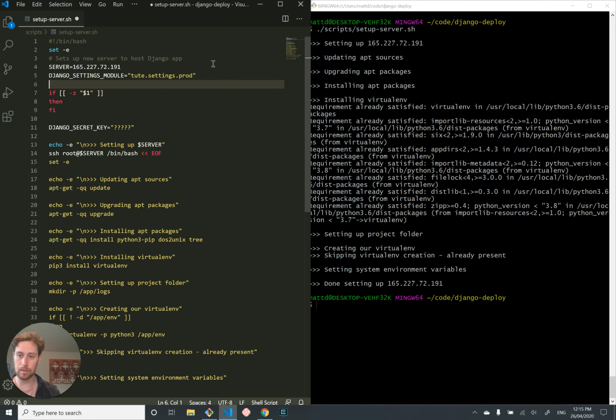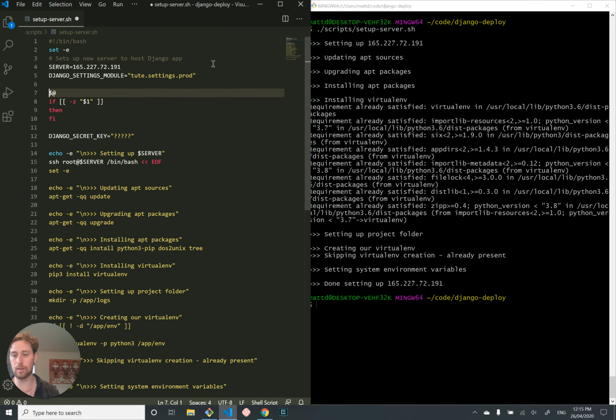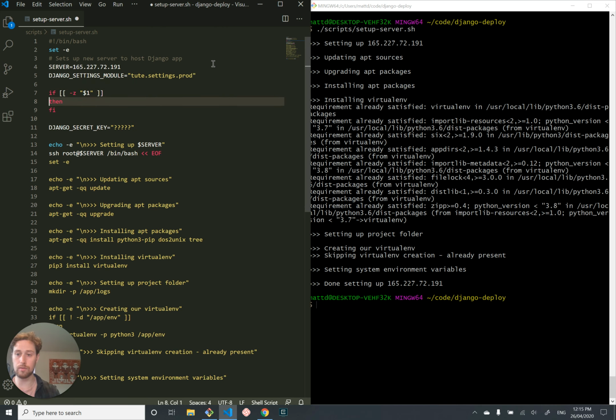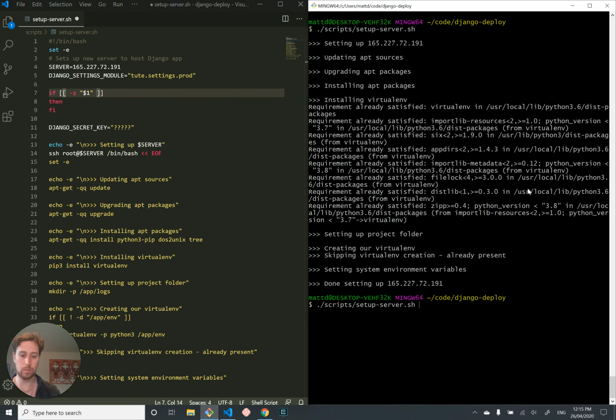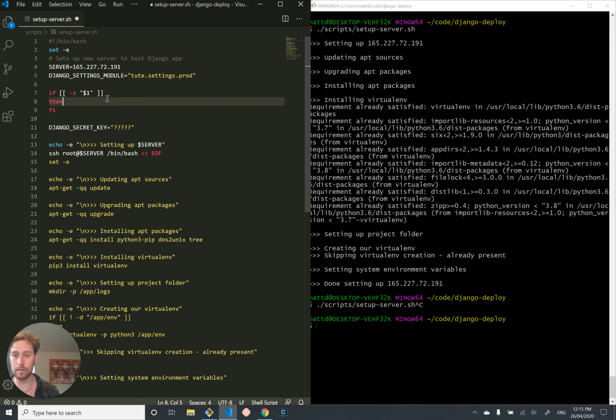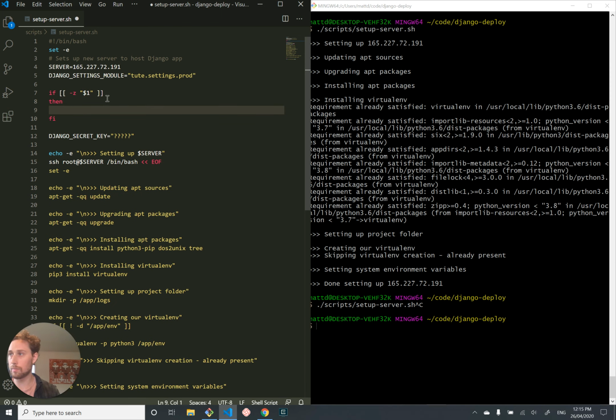We've already seen something like this before. If you remember, we used $@ in our supervisor control convenience script, and this is all command line argument parameters. $1 is the first command line argument parameter. So that's when we type in scripts setup server blah. That's the first argument, but it will not be this, which is the second argument. This would be $2, $3, $4, etc. So let's say if the string containing $1 is empty, then we're going to echo